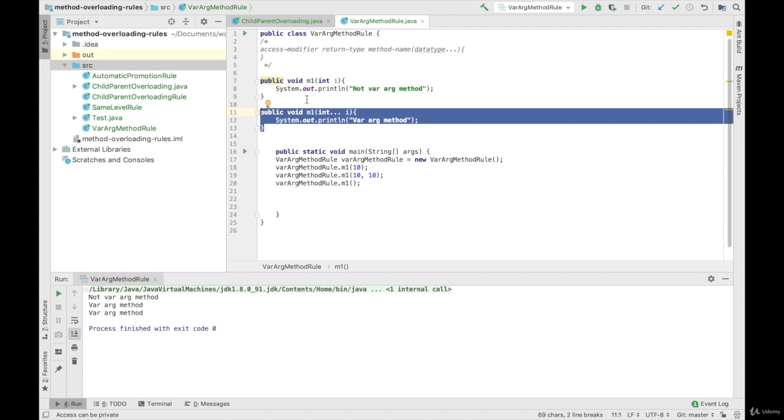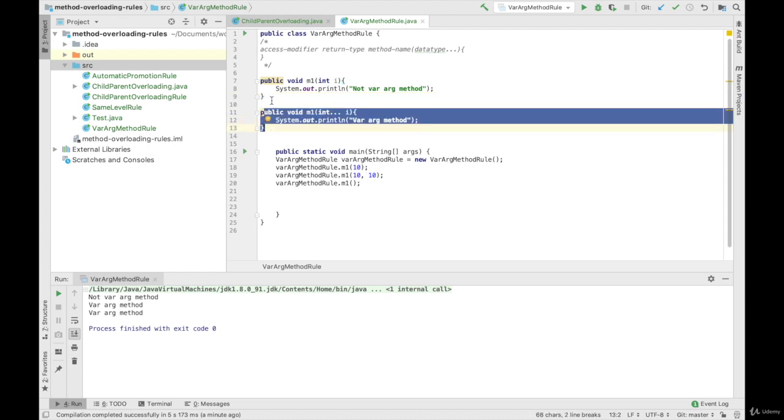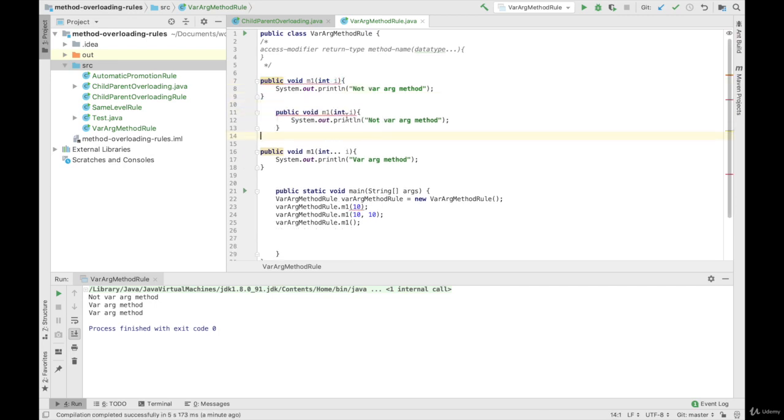Now if I define one more version of m1 with two integer arguments, the compiler will call that version over the varargs version. So let me show you that as well. So integer j, I'll type in with two args, and I'll run this code,